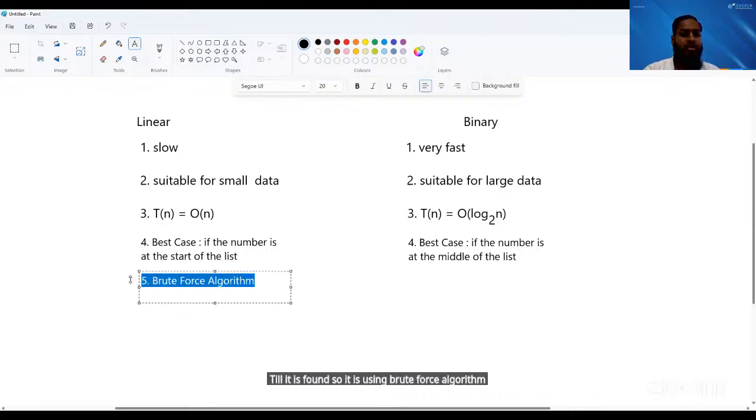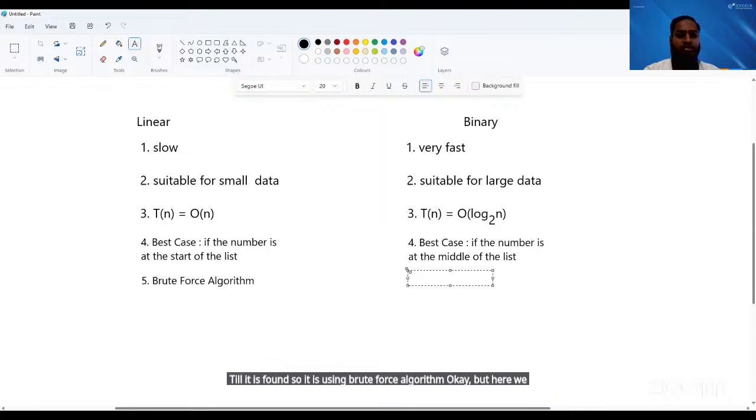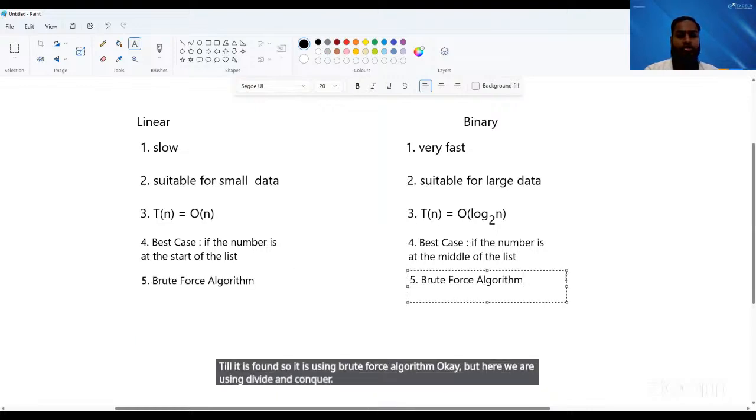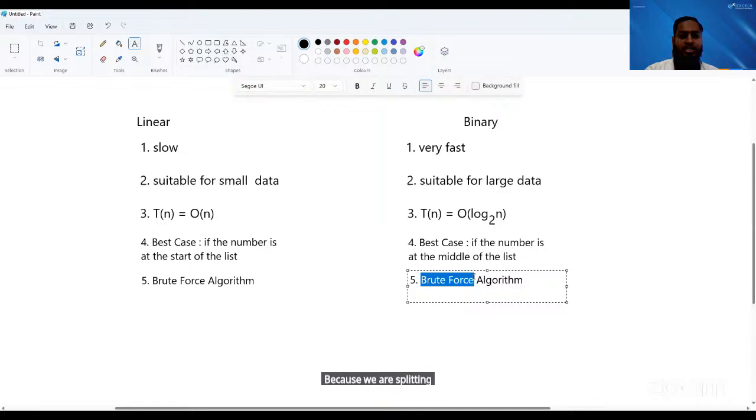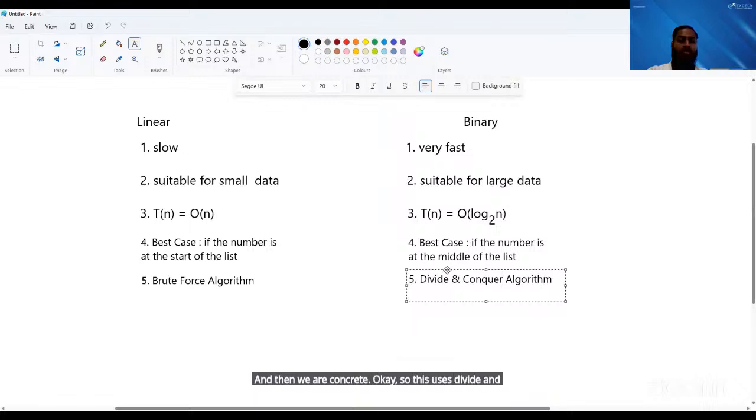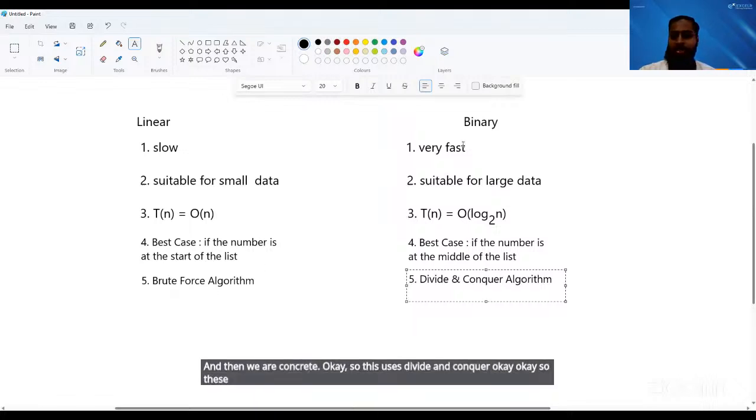But here we are using divide and conquer because we are splitting the data and then we are conquering. So this uses a divide and conquer algorithm. These were all the advantages in favor of